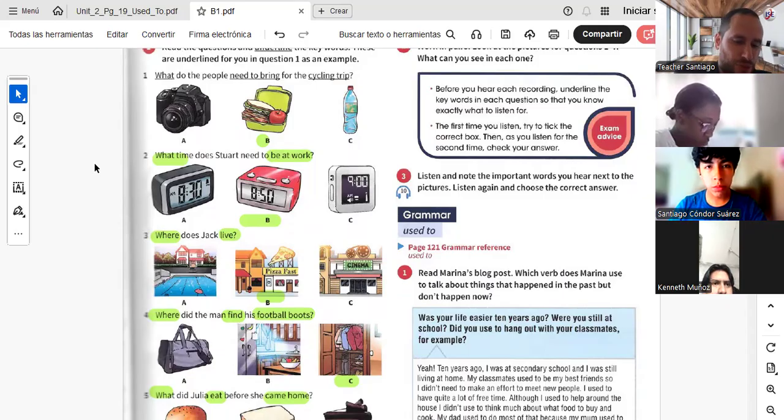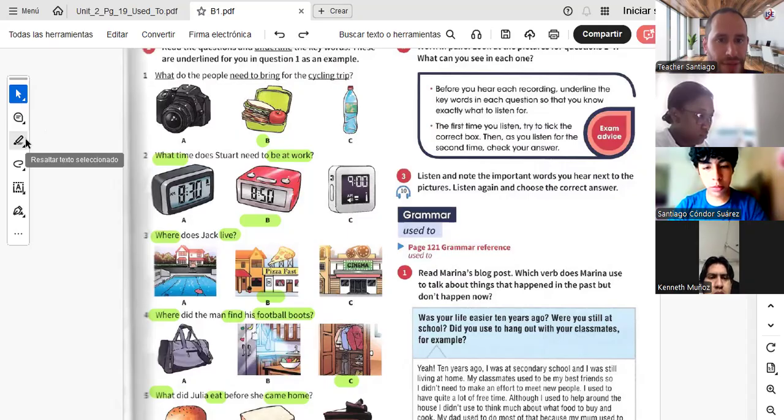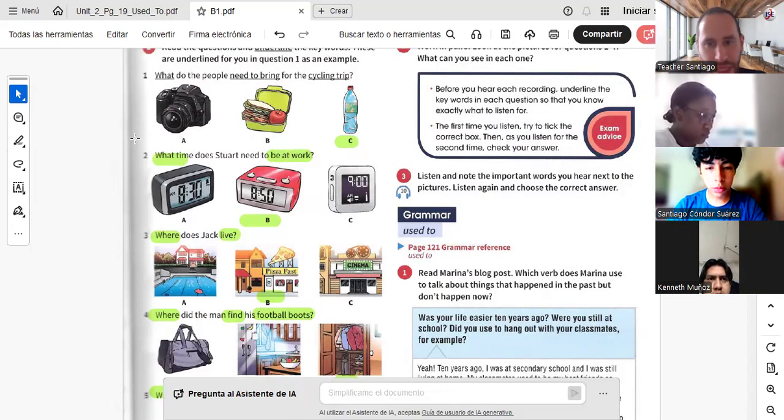Now, guys, let's do it one by one, Stewart, to not make it that difficult. Number 1, Letter C. Lunch will be provided, so you don't have to bring it, right? So, bring a bottle of water, probably will be hot. And don't bring large items like cameras. No cameras. Traigan comida, se les va a dar. Traigan agua, probablemente va a hacer calor, right? Y no traigan ítems grandes o largos como cámaras porque no van a poder llevarlos. Ok, Santi, you're right. Thank you.